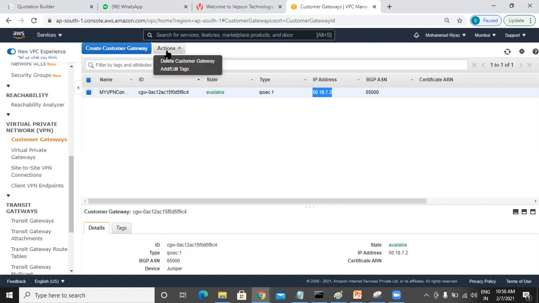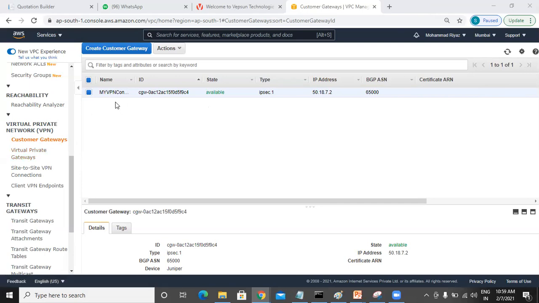Sir, can we add the LAN pool, the LAN segment, also? Yes, you can use a NATed IP also. You can use a public IP also. I just said that we can put in our LAN segment, suppose our LAN segment is 15.18.70.0/24, you can use that either. Okay, so I just used one basic public IP. If you want to use your own network IP, you can use it, no problem.